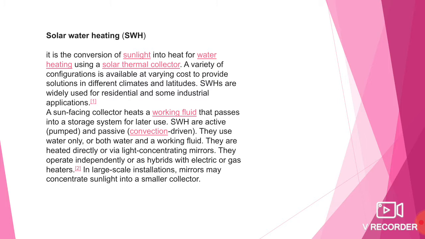Next we will see the solar water heating system. This is again one more important application of solar energy. So, solar water heating, or we can say the hot water supply system. In this case, the basic elements of a solar water heater are a flat plate collector, the storage tank, the circulation system, and fourth, the control of the system.